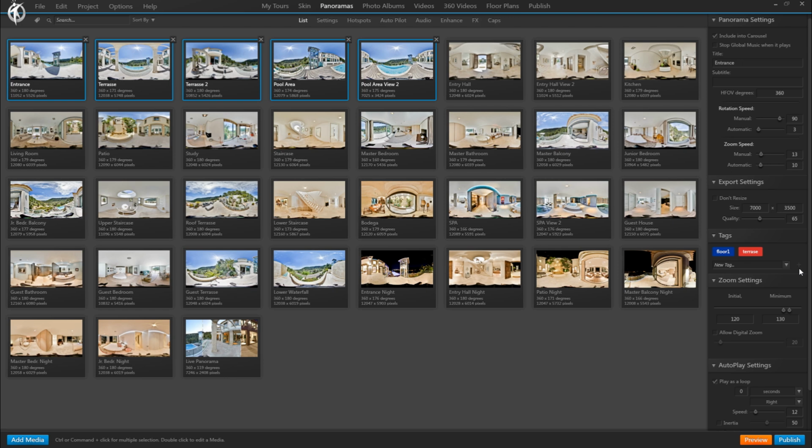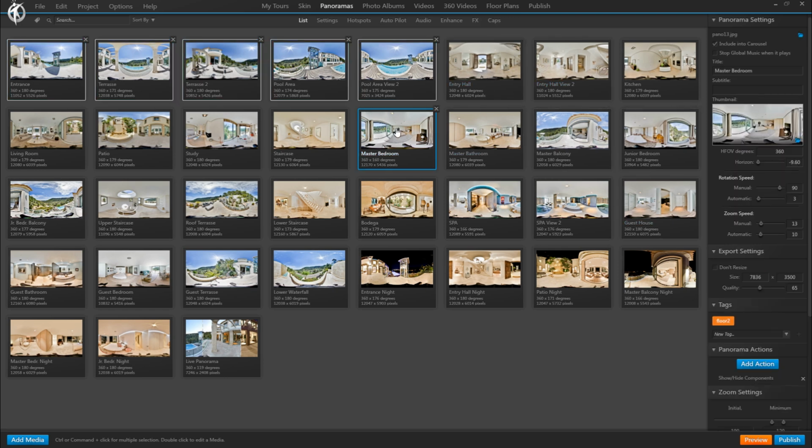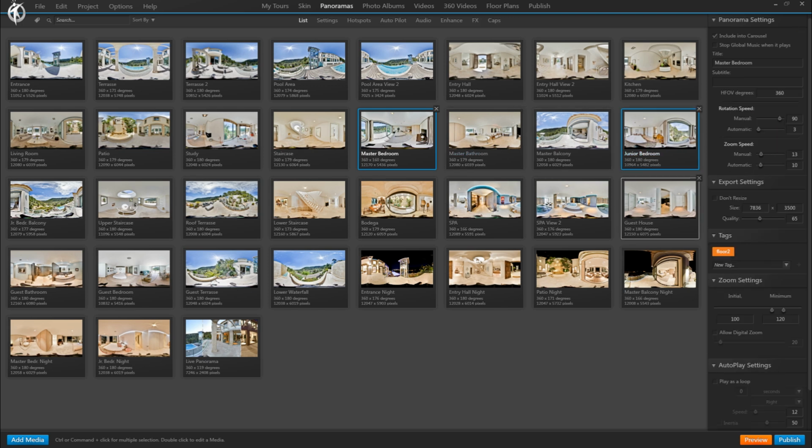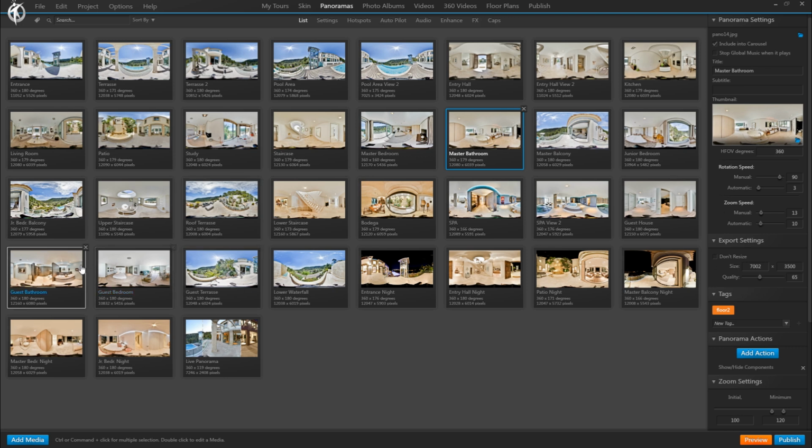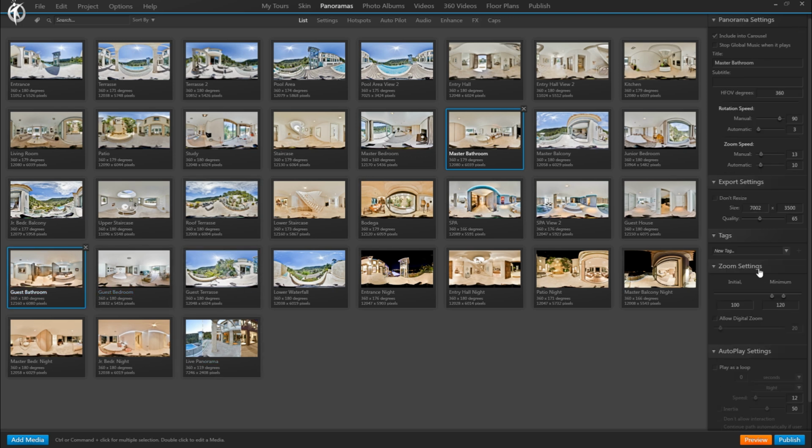And for instance, let's group all of the bedroom ones with a tag called bedroom, this one and this one. And all of the bathrooms as well, which would be this one and this one. And for these 2, we will create one called spa.